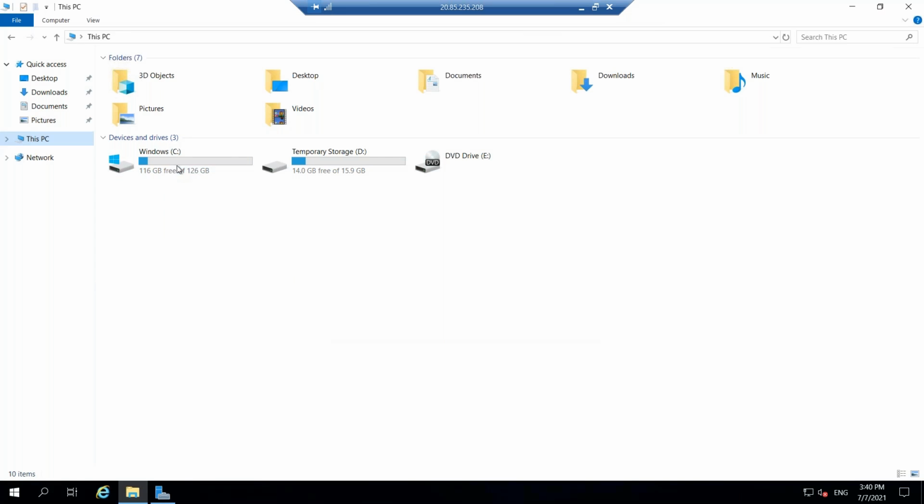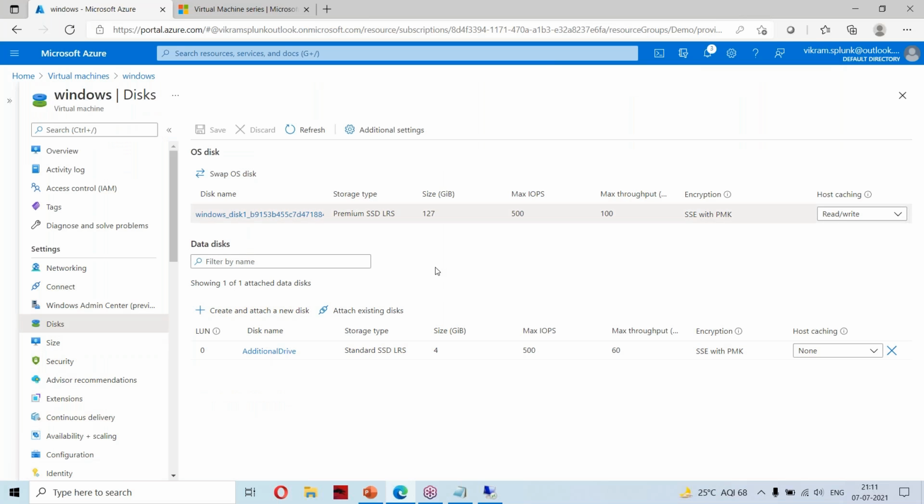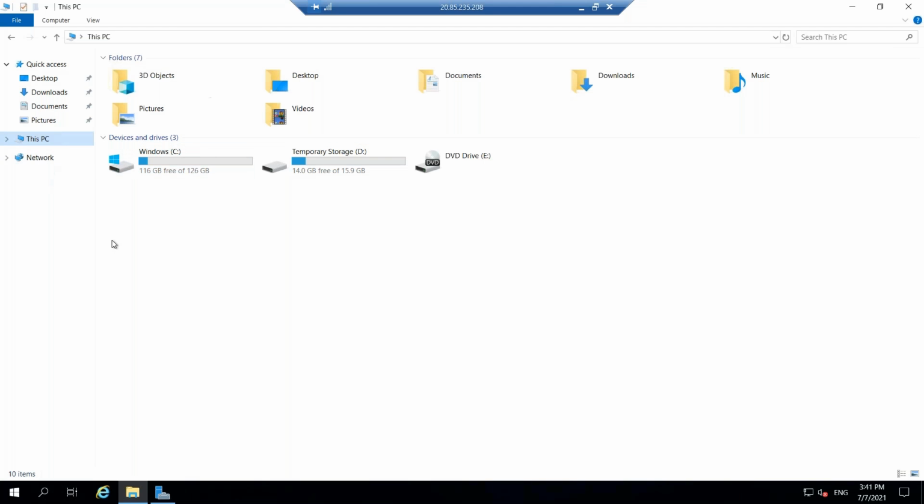This is my root partition, the C drive. This is the temporary disk which I have got. Whenever I attach a disk here, you won't automatically get a drive. That disk will be allocated to this particular VM, and you have to create, format and initialize the disk basically. Now I have the C drive and temporary storage, which come by default,